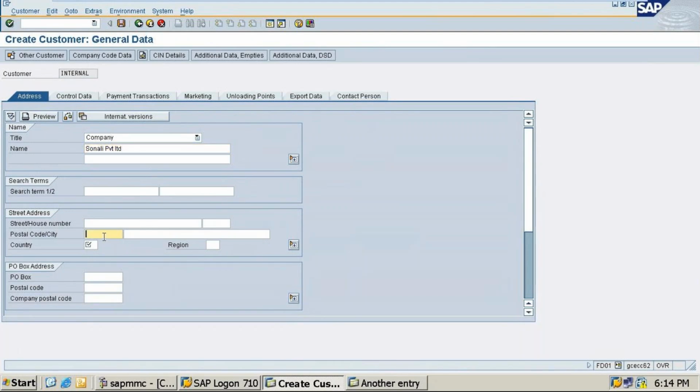Here I am giving postal code 560011. You can give any pin code of the place where you stay, but give a Bangalore pin code because I am doing it for Bangalore city. Country IN, region is 10. Till this much you fill, then I'll tell you.